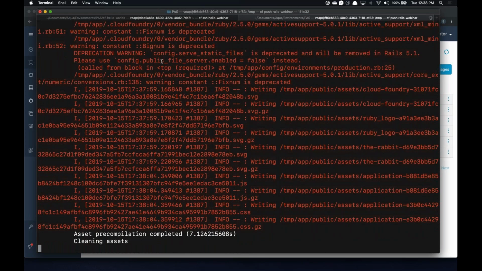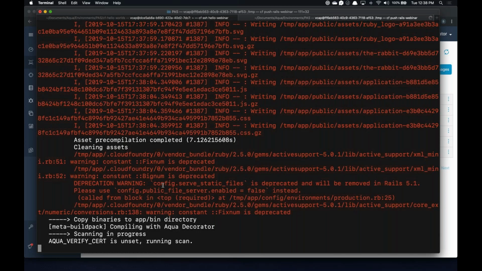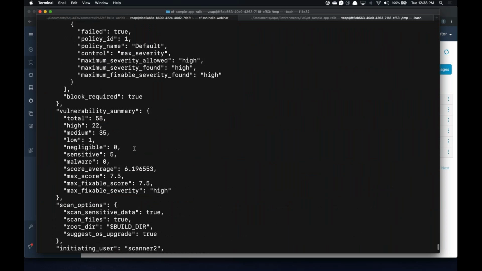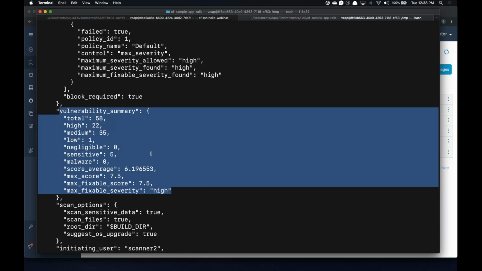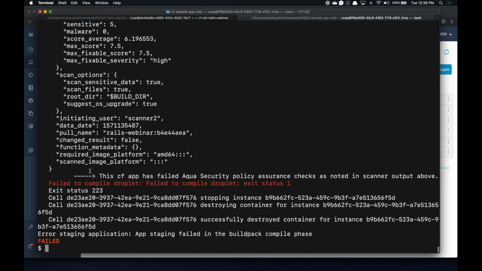So it should almost be done. So here we're now running the scanning. So Aqua is going to scan this. You can see this one actually prints out the vulnerability information that Aqua provides. And you can see that it has 22 high vulnerabilities, a total of 58 vulnerabilities. And now, it failed to compile the droplet, and we failed it. So again, Aqua told Pivotal Cloud Foundry to, hey, don't allow this application to be pushed because it doesn't meet